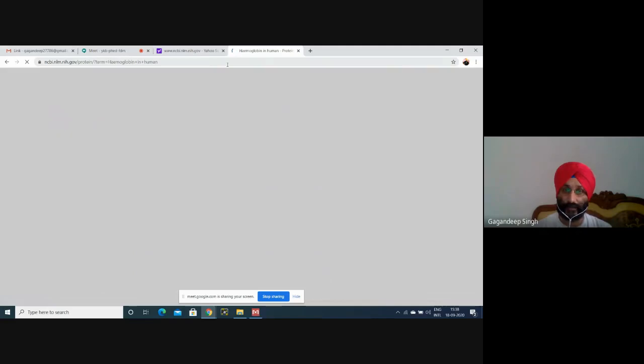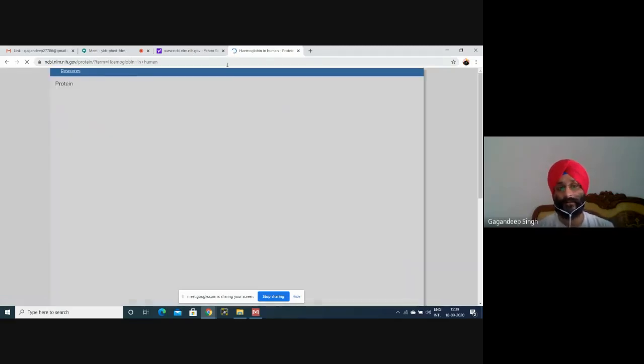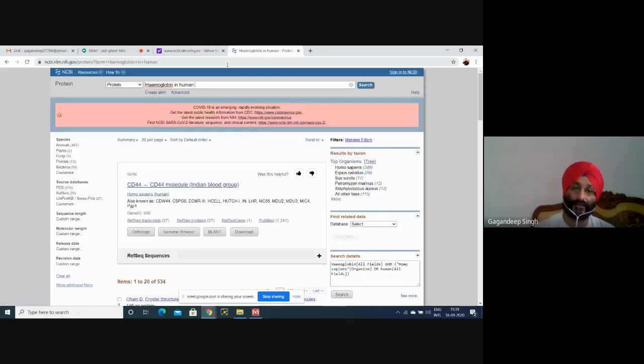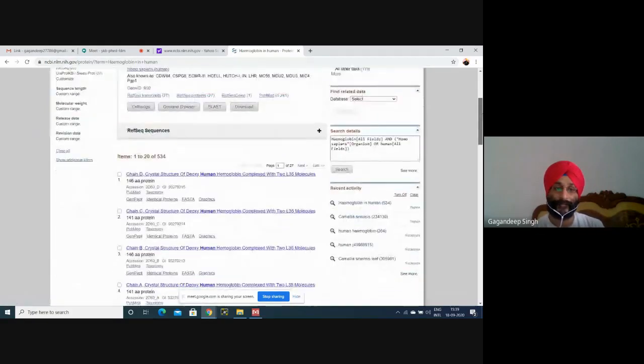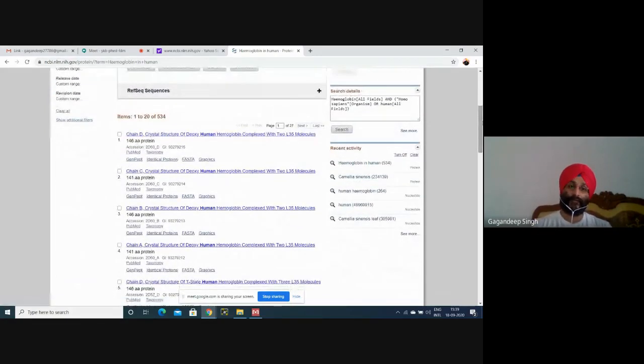You can select leaf, you can select flower, you can select roots, leaves, flowers in case of plants, but in case of animals, you can select any sequence like from hemoglobin, from any protein, from RBCs, from WBCs, from kidneys, from livers, means whatever you need. You can easily select any sequence. We have found some chain C, chain D, some proteins. Okay, how to select a single protein?